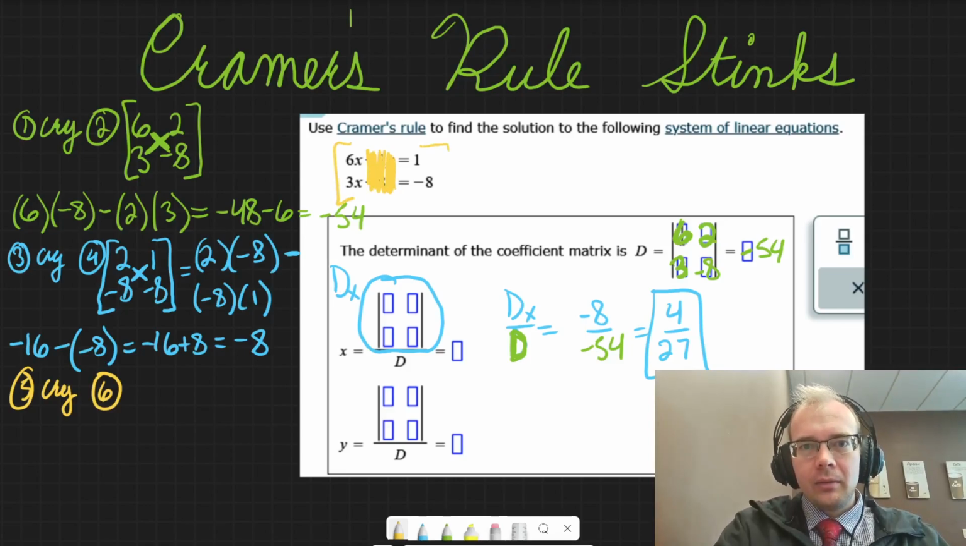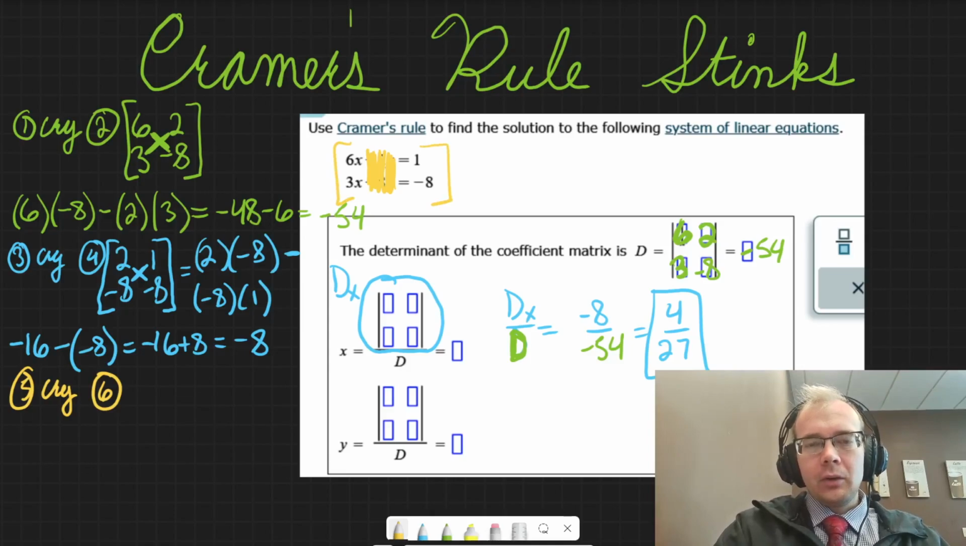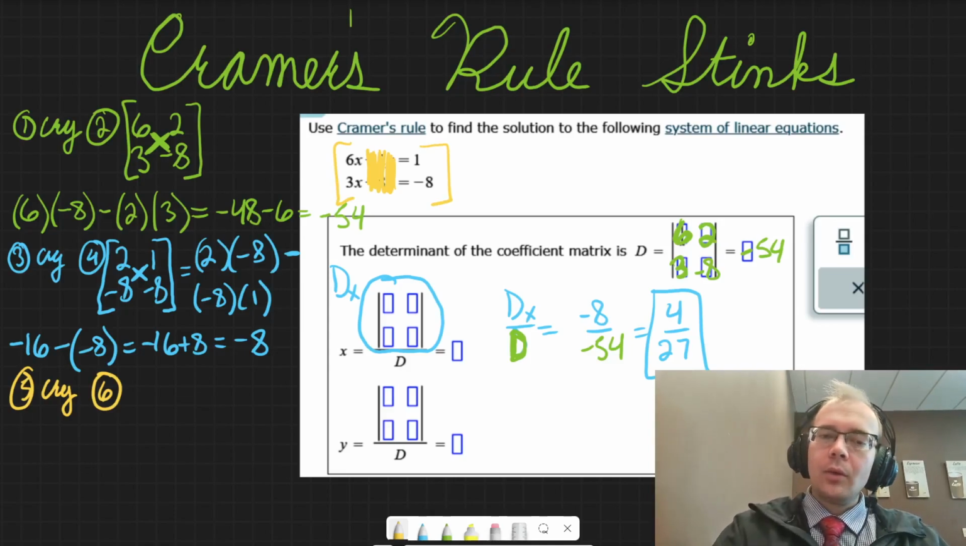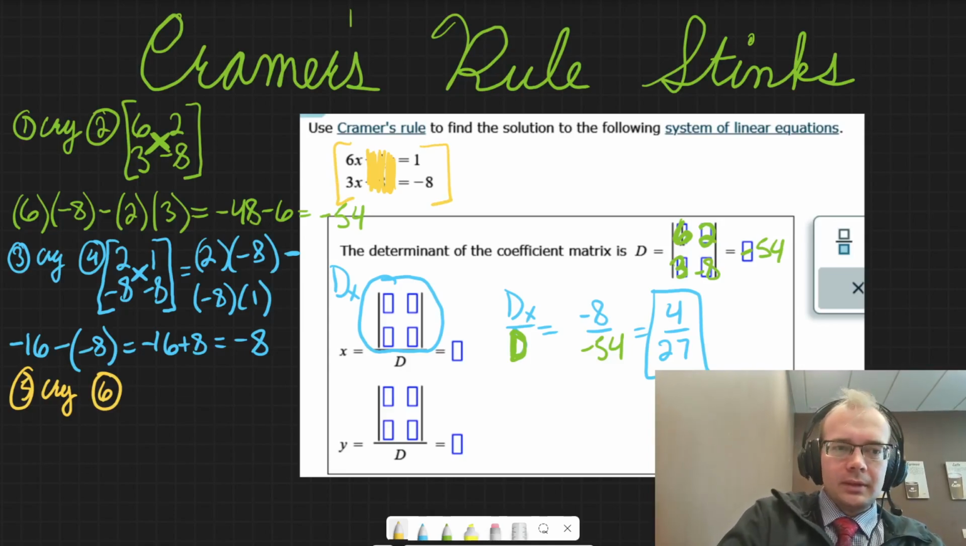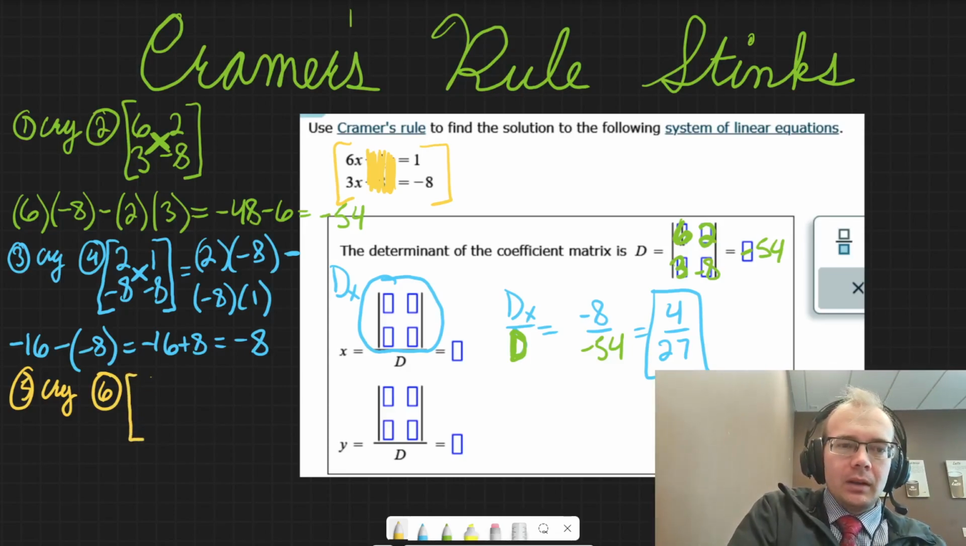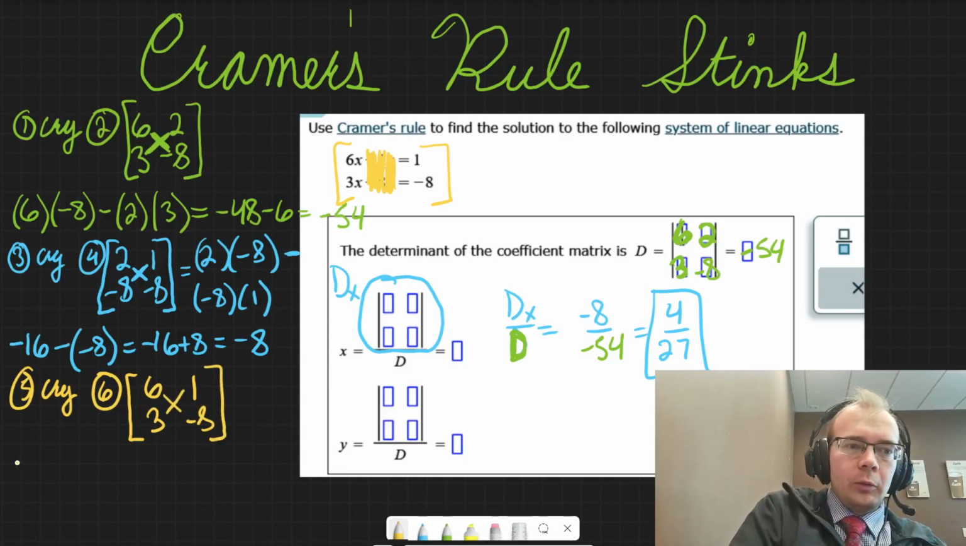Okay, here we go. Ignoring y to create the y determinant matrix. Again, the less you think about it, the more this is going to make sense. That's a 6, a 1, a 3, and I get a negative 8. Crisscross. So that would be 6,